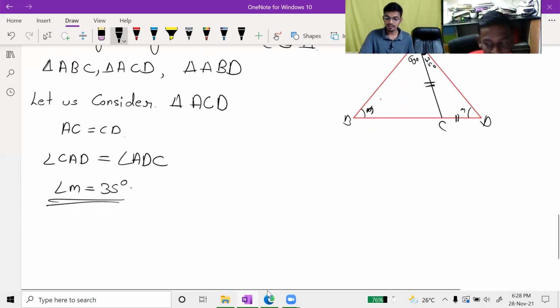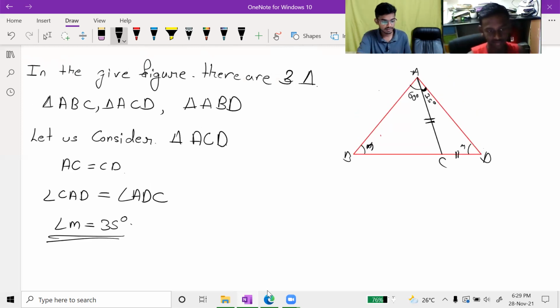Next, what they have asked us to do, they have told us to find N also, na? Yes, sir. See, what will be the measurement of this total angle? The sum of these two angles, right? Total. So what will it come to? 60 plus 35 degree. Then what is the answer? 95 degree. Okay.